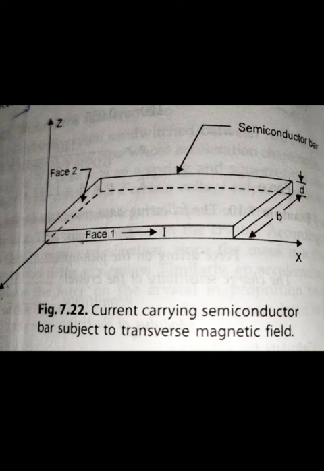Then according to the Hall effect, a force gets exerted on the charge carriers, the electrons or holes, in the negative y direction. This current I may be due to the holes moving in the positive x direction, or due to the free electrons moving in the negative x direction through the semiconductor